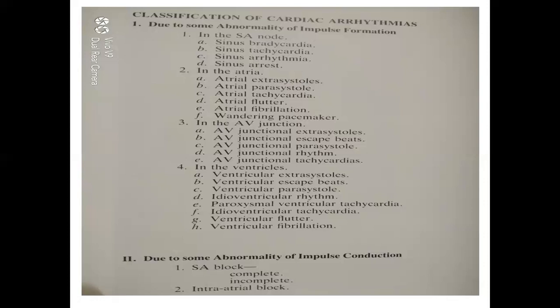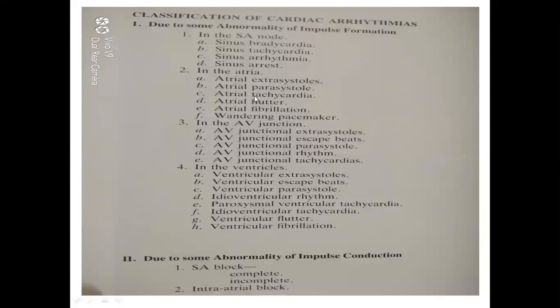P wave. It's clear? Yes. So if there is more than one P wave before the QRS, what does it tell you? Extrasystole. Yes, so that is called an atrial extrasystole. There are different names given. If it is an extra beat, it is called an atrial extrasystole. If it is running parallel, one more, that is called a parasystole.